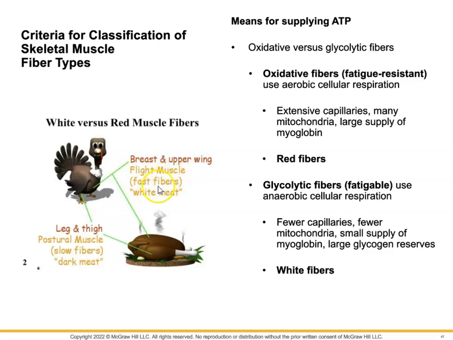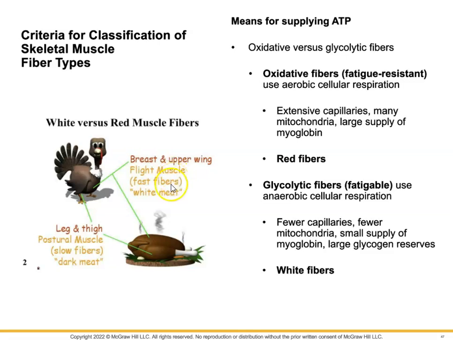How often does a turkey need to fly? Well, they tire fast, right? We talked about this. Your glycolytic white fibers have few mitochondria, not a good blood supply, not a lot of myoglobin, not a lot of ATP. They tire fast. Well, that's good because turkeys are not going to be flying much, so it doesn't matter if